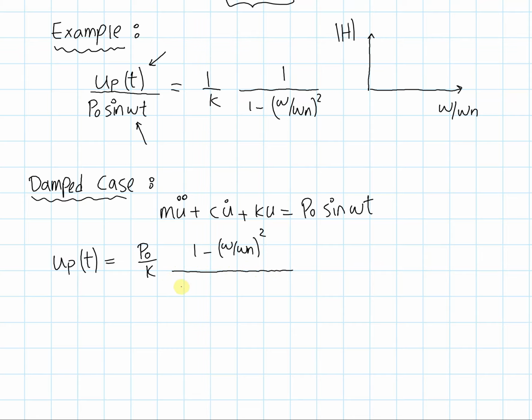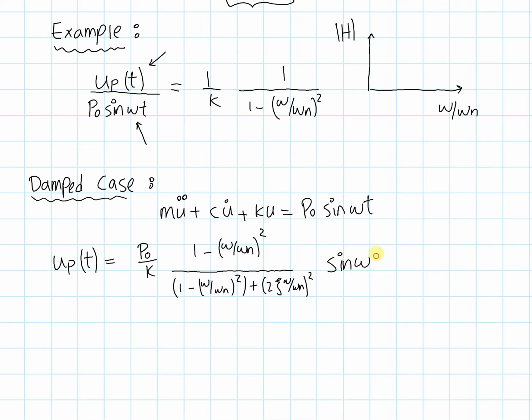In the denominator, we have the following, plus 2 zeta omega over omega n squared. And then we get a sine